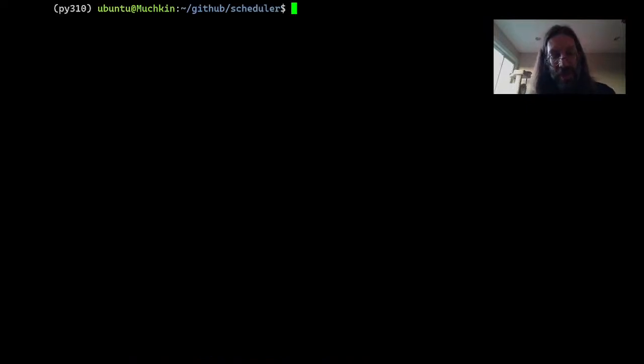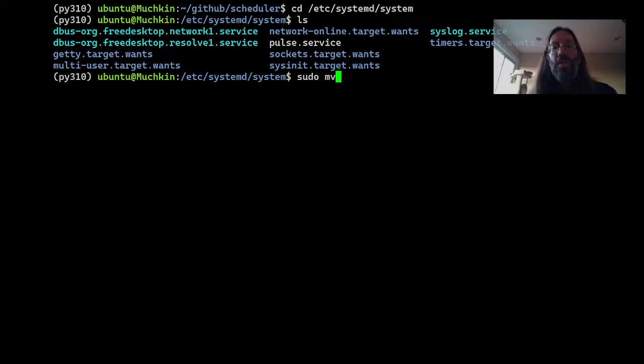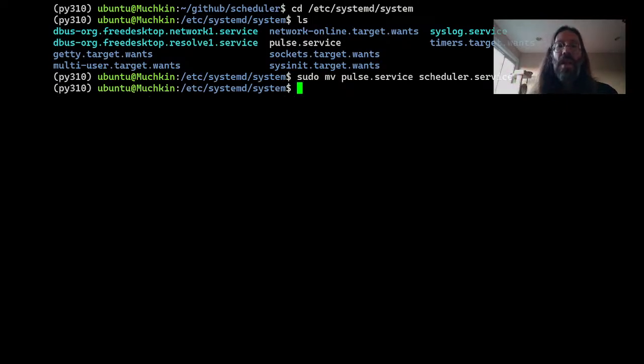So final step, cd /etc/systemd/system, ls, sudo move pulse.service scheduler.service. We're renaming a service. And honestly, this is all the benefits of systemd. Now that we rename that file, we should have that same exact ability to